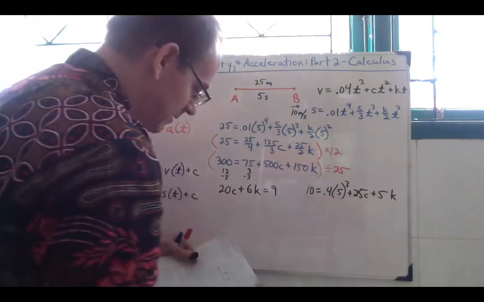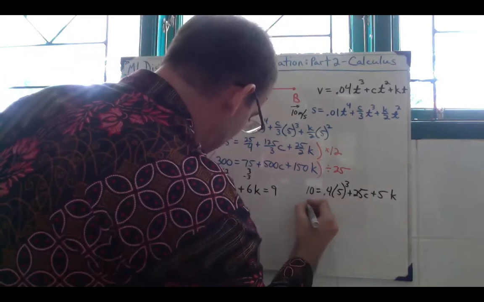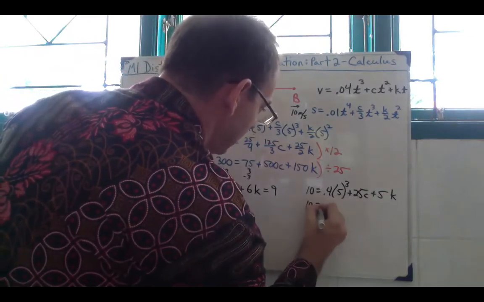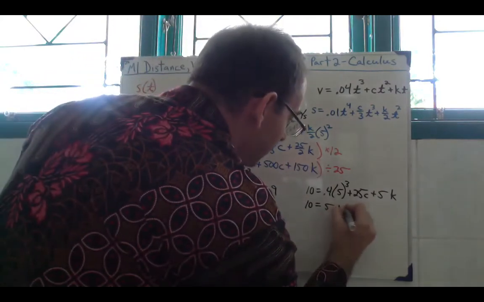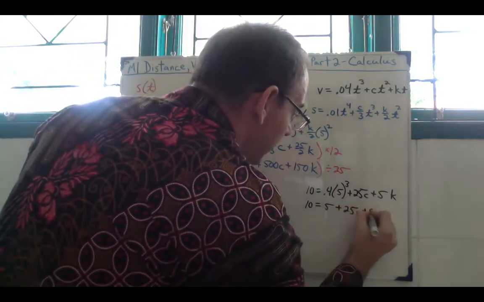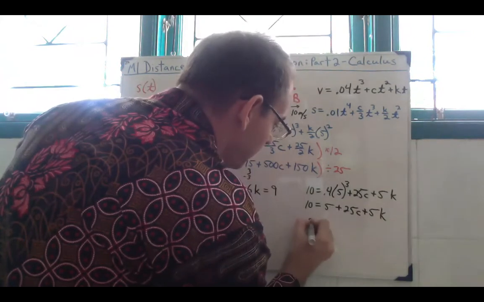Okay, and this reduces to just 5. So we get 10 equals 5 plus 25C plus 5K, which gives us 5 equals